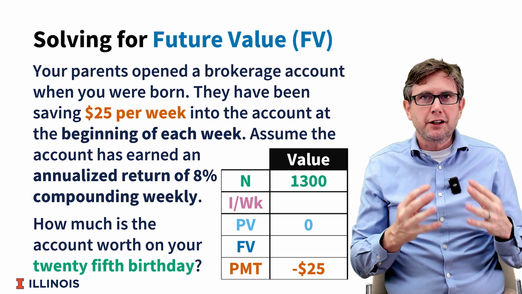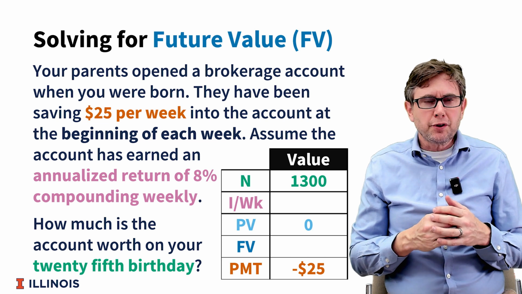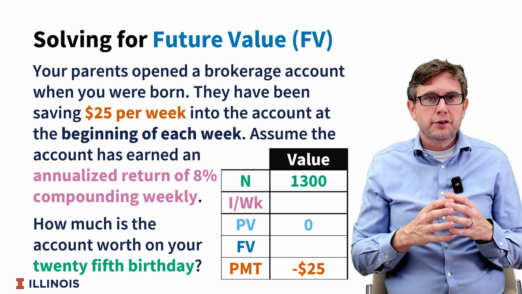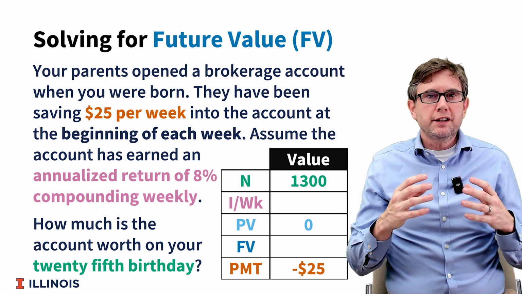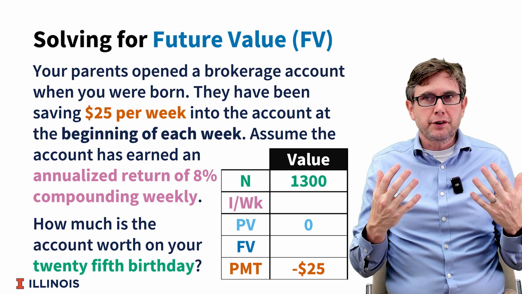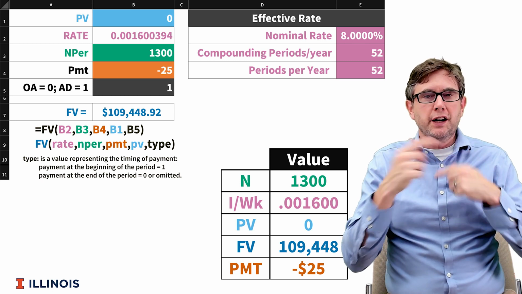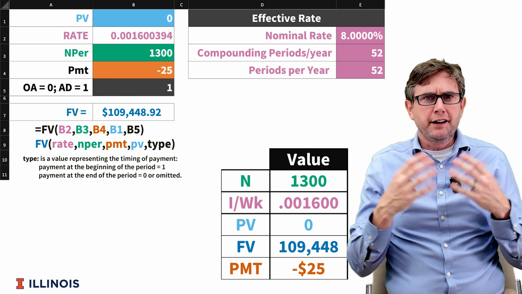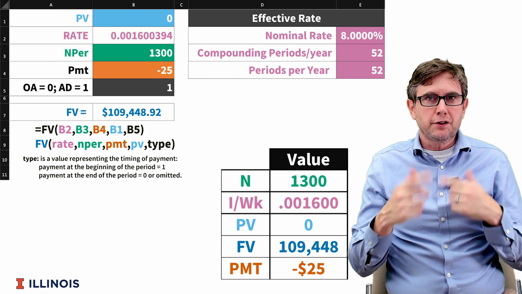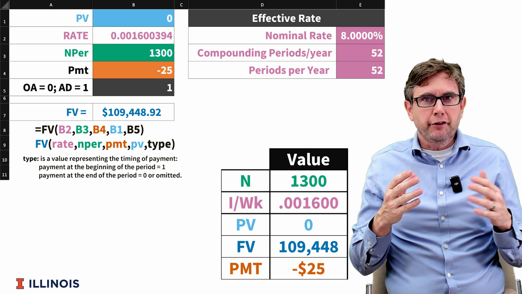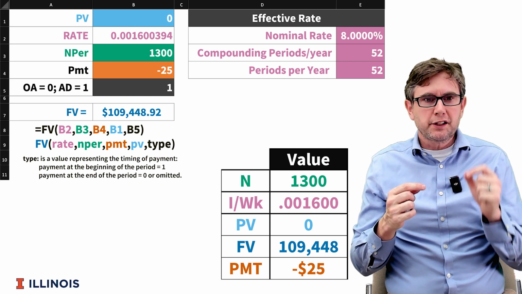Now, let's get a little sophisticated. What rate am I asking you for? An annualized return of 8%, but that rate's going to compound weekly. So in order to get there, we're going to take a nominal rate of 8. That's what the market earns. And then we're going to compound that rate 52 times a year. So we take that nominal rate of 8, we compound it 52 times a year. And what we find is we get a weekly return of about 0.16% or